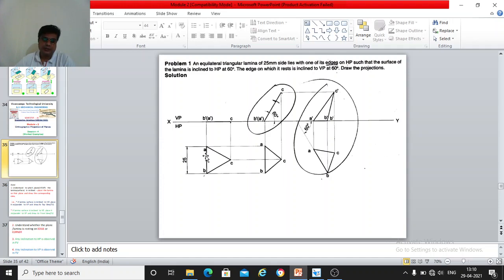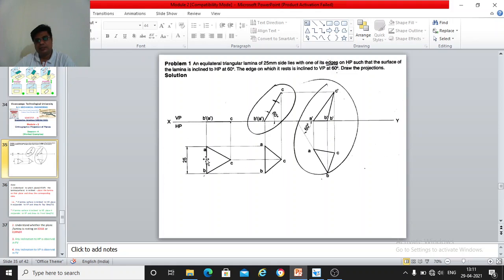You should draw this triangle perpendicular to the XY line, because the plane is resting on the edge. So you should draw the edge on the left hand side, perpendicular to the XY line, and the remaining two sides of the triangle you can draw here.